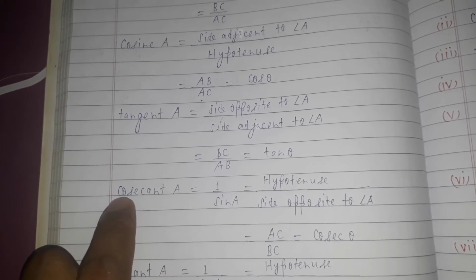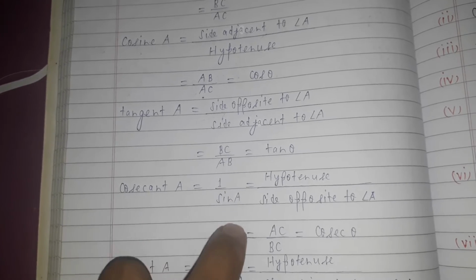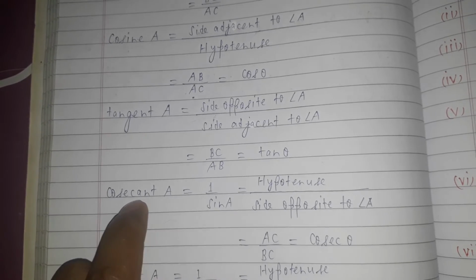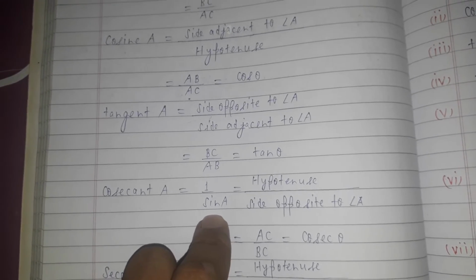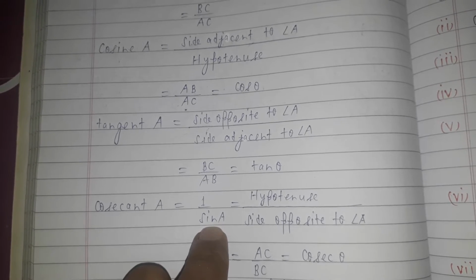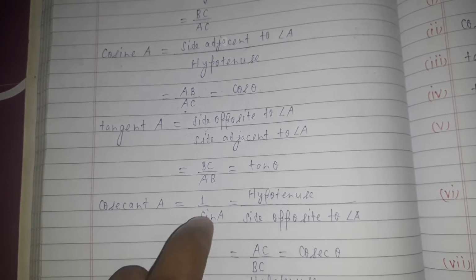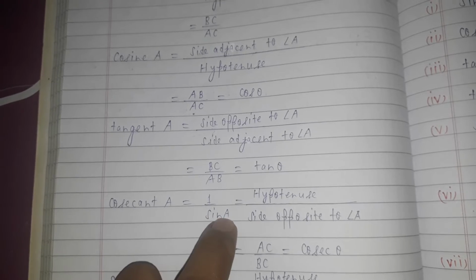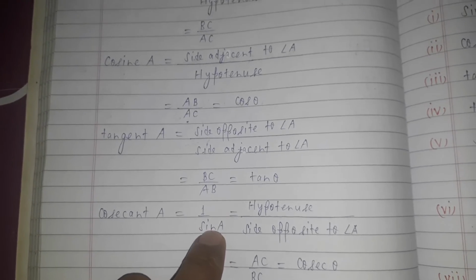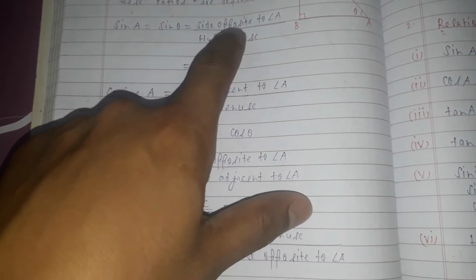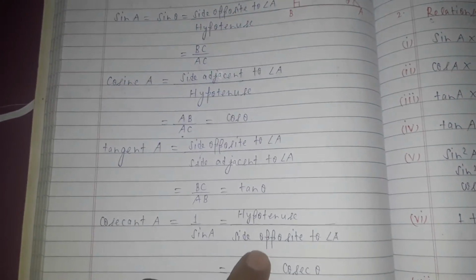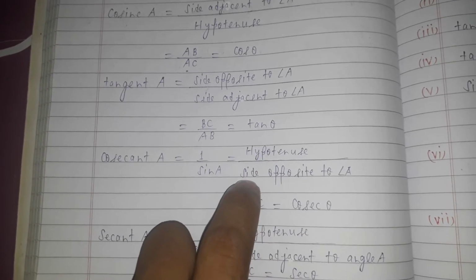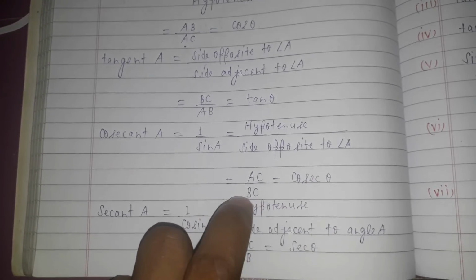Now, cosecant A equal to 1 upon sin A. It means sin is reciprocal or opposite of cosecant A. So, in this case, formula of sin A becomes reverse. It means numerator becomes denominator and denominator becomes numerator. You can see sin A equal to side opposite to angle A. This is the numerator. In this case, it becomes denominator. So, it becomes hypotenuse upon side opposite to angle A or front side equal to AC upon BC equal to